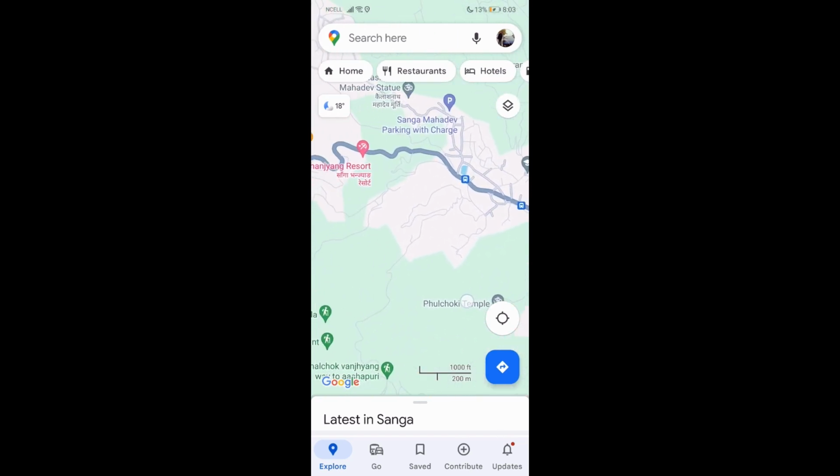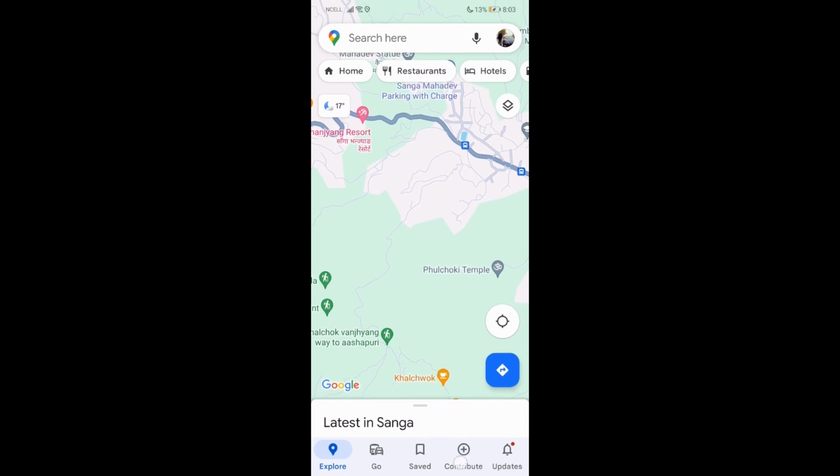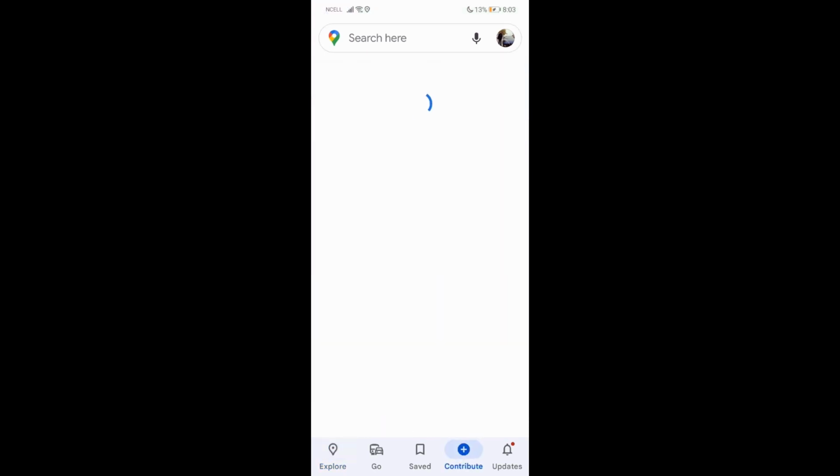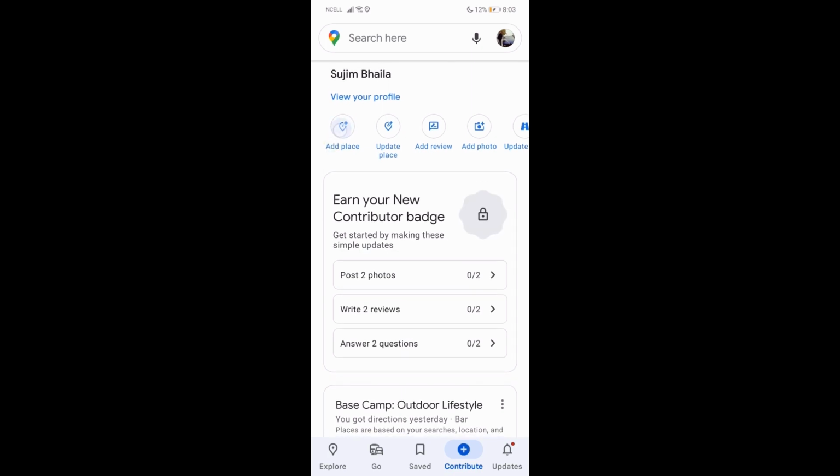Firstly, what you need to do is just go to your Google Maps, and then on the bottom you'll find this option which says contribute. Just go over there, and from here you'll find this option which says add place. Just go over there,